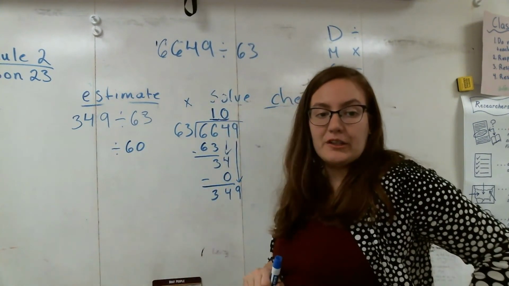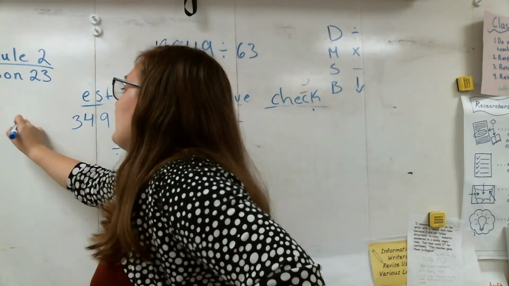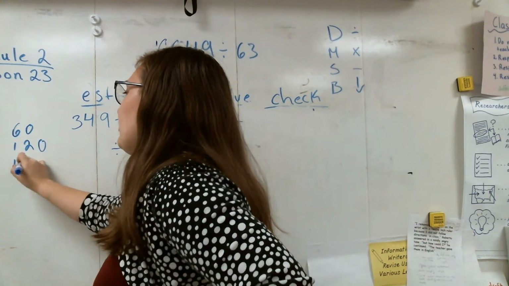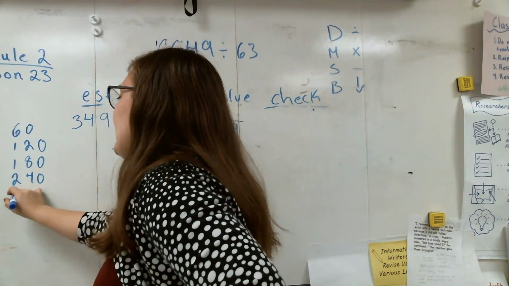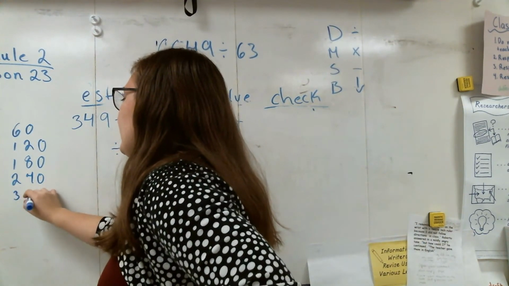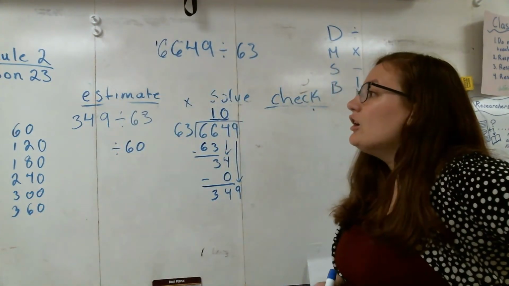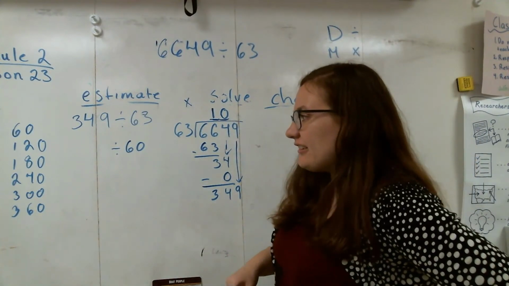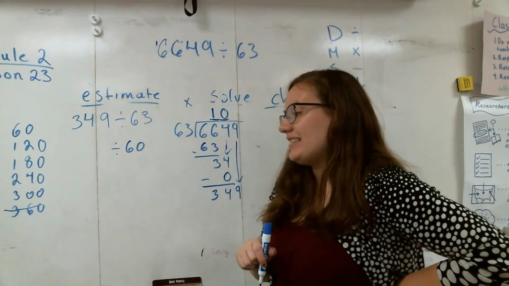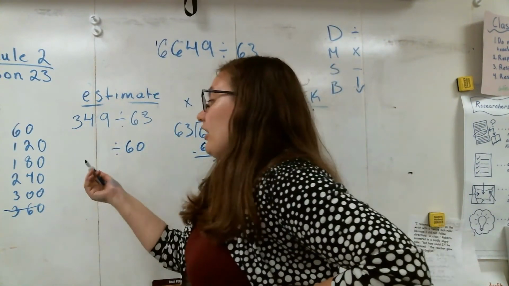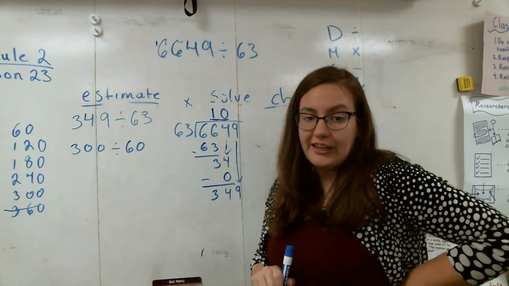And then I'm going to list out my multiples of 60 and what multiple of 60 is closest to 349. So I have 60, 120, 180, we have 240, we have 300, and we have 360. So for this one, I really don't want to go over the number 349, so I'm not going to use 360, but I'm going to use the number 300. So I'm going to write the number 300 right here, and then I'm going to solve for 300 divided by